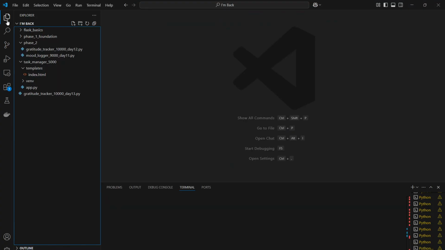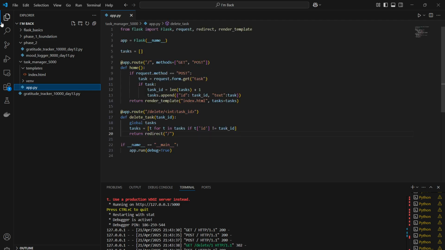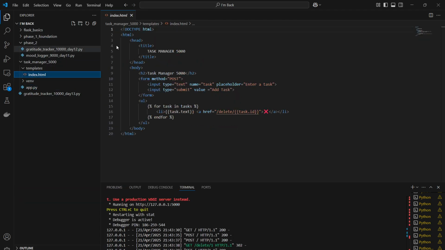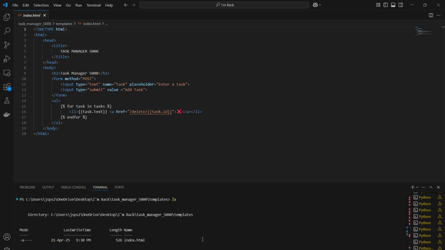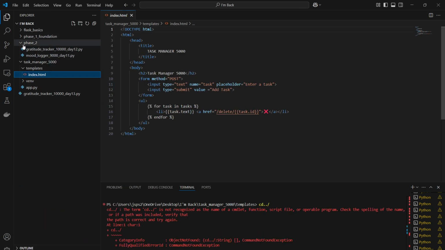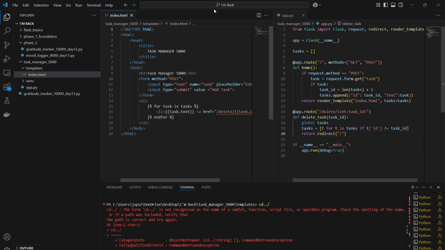So today I have built a task manager app. It's a pretty simple app, but let me just show you. Let me open the HTML file as well for this one. Just open it from here. Okay, so